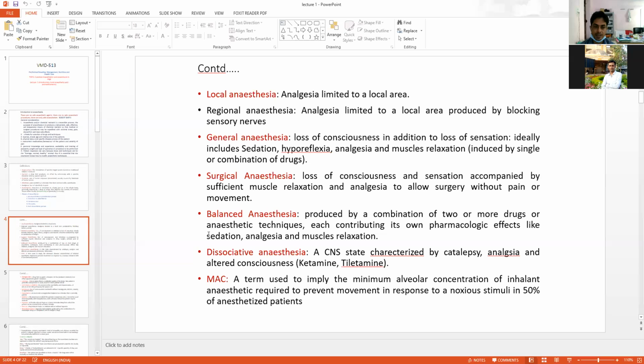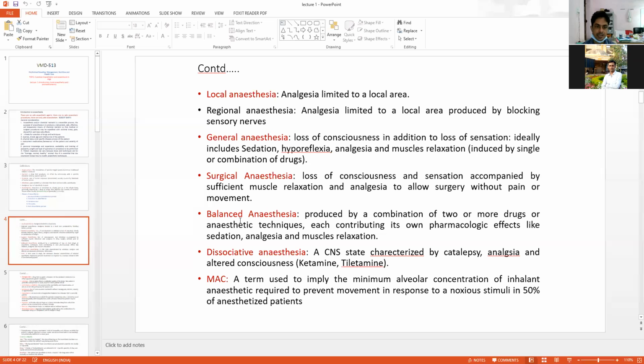If you are going to achieve all these three components by two drugs or more than two drugs, I have already discussed this, and this is known as a combination of two or more drugs. This is known as the multi-drug approach. And by this multi-drug approach, if you achieve all three components, sedation, analgesia, and muscle relaxation, then this is known as balanced anesthesia. Nowadays, people follow this combination so that we can perform surgery in an efficient way.